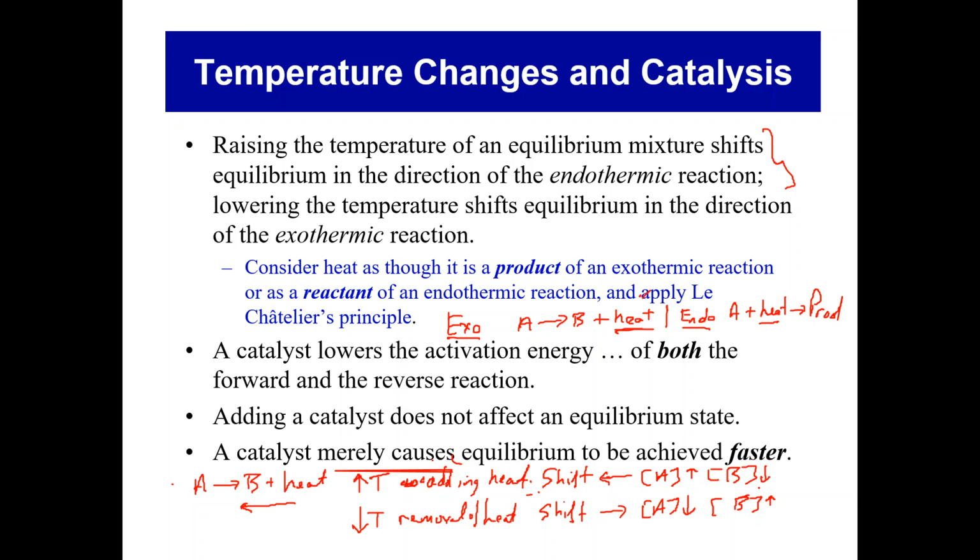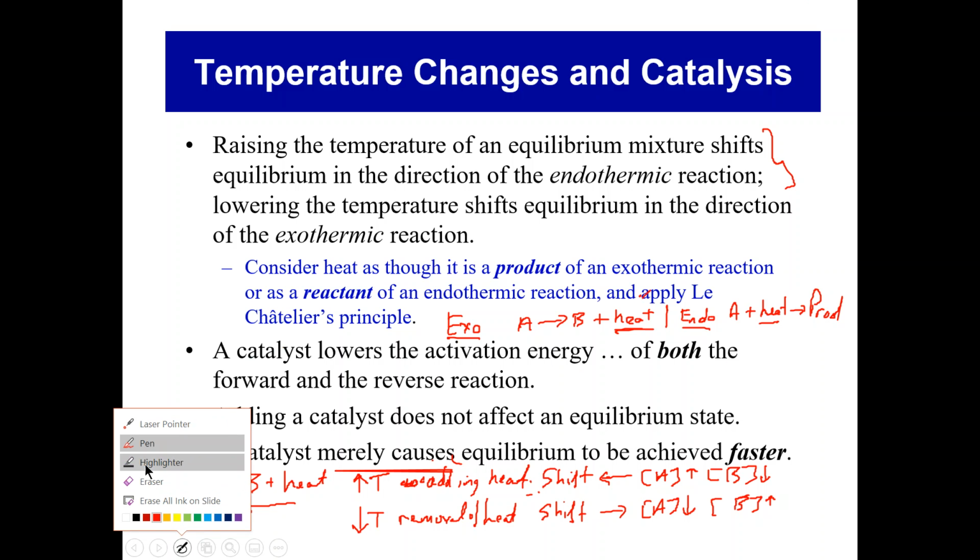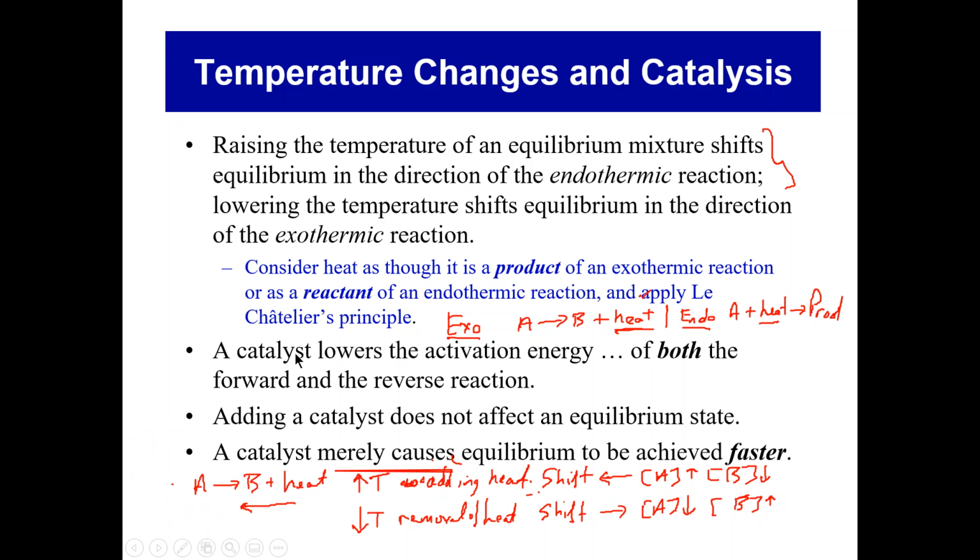Now, as far as catalysis is concerned, there's nothing much to say here because, as stated here, the catalyst, as we know from the previous chapter in kinetics, lowers the activation energy of the reaction. What it does in the case of reversible reactions is that it lowers the activation energy of both the forward and reverse reaction, right? So therefore, both the forward and reverse reaction will increase in rate to the same extent. The consequence of that is that the equilibrium state will remain the same, all right? So basically, adding a catalyst does not shift the equilibrium position one way or the other. Basically, it allows for the equilibrium to be achieved at a faster rate. And that's all we can say as far as the effect of a catalyst would be on an equilibrium system,